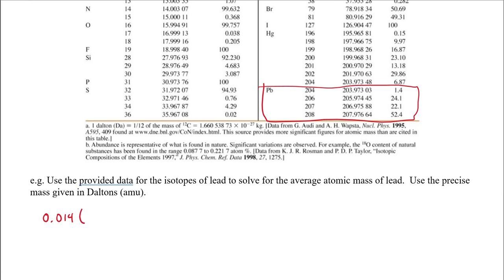And I'm going to multiply that by 203.97303, the atomic mass of that particular isotope. Now I'm going to go on and do my mole fraction, 0.241, for the 206 isotope, which has an actual mass of